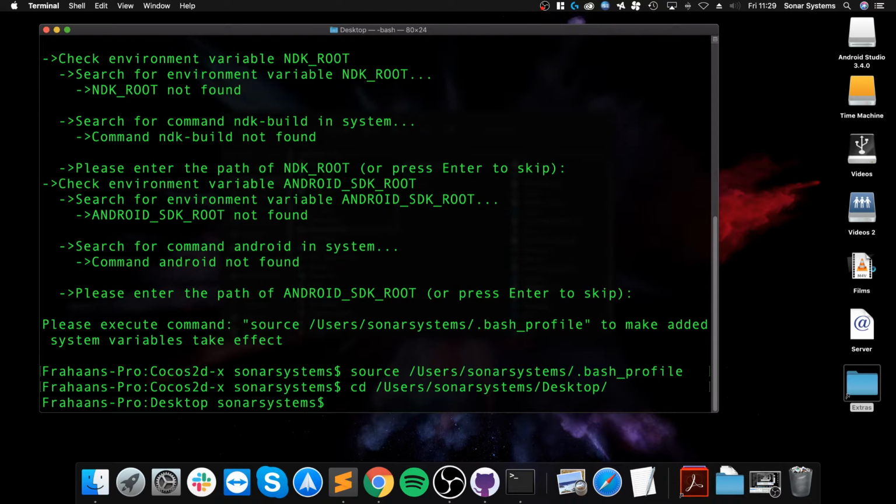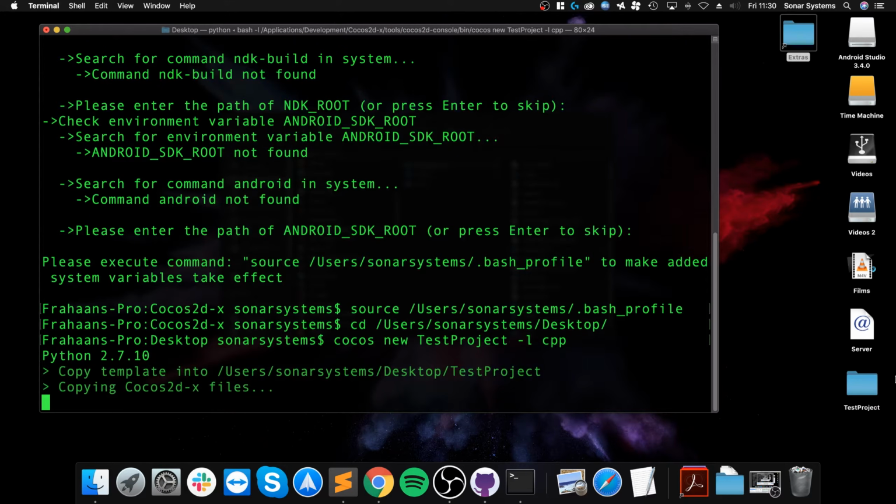To create a Cocos project, you put cocos new, the name of your project. So I'm just going to call it test project. Then you put -l, which is the language. You could have JavaScript, which is JS, you could have Lua, LUA, and you could have C++. In principle the setup is the same, but the coding implementation is slightly different. So CPP, click enter. You'll see it get created soon